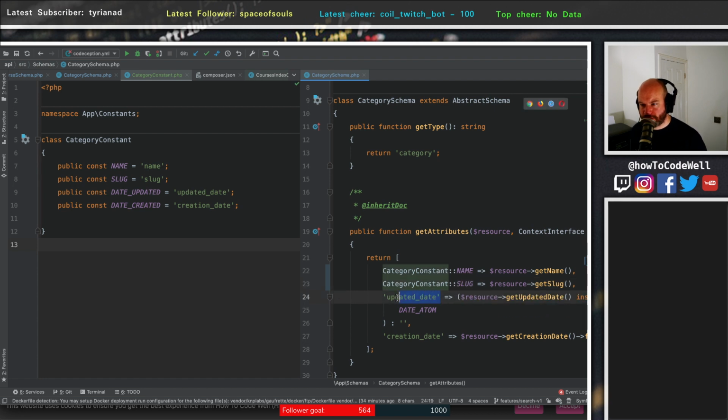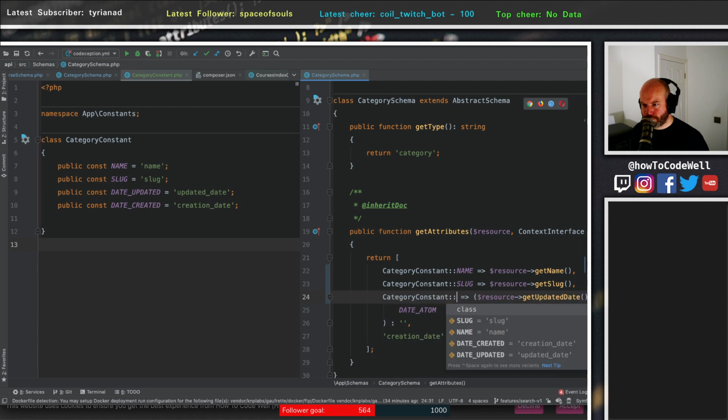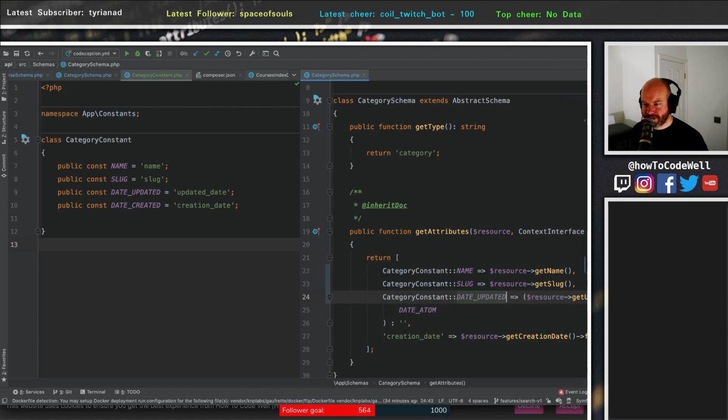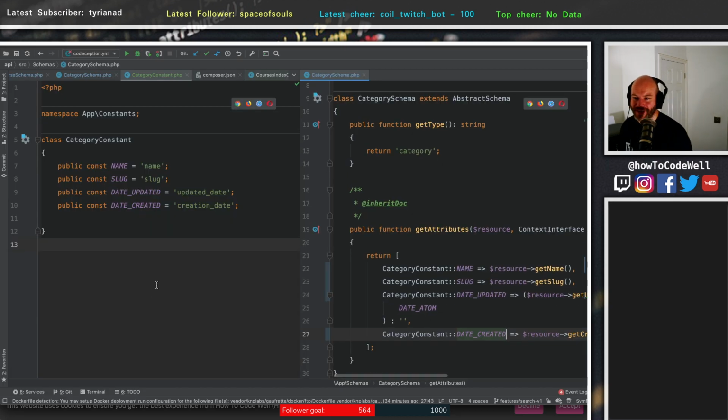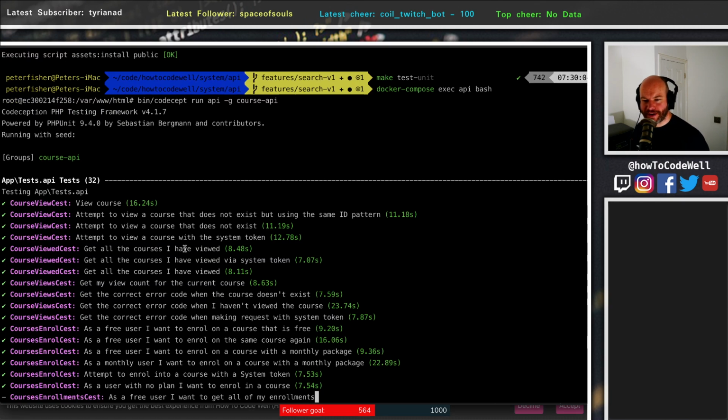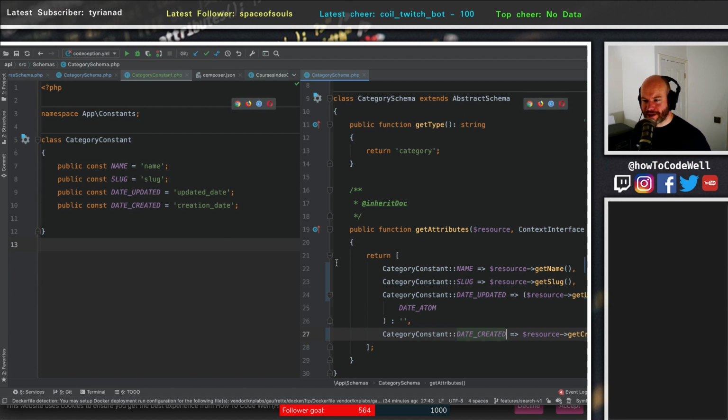This would be category constant updated date, and then this would be category constant created date. Come on tests. I'm kind of the opinion that if something was to break, I would have known about it by now, but anywho. So I would like to move the date updated and the created date somewhere else, and potentially the slug,